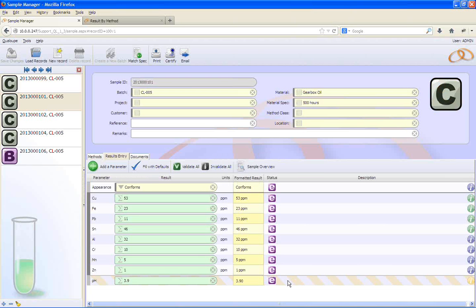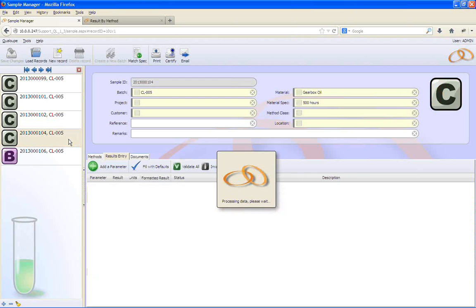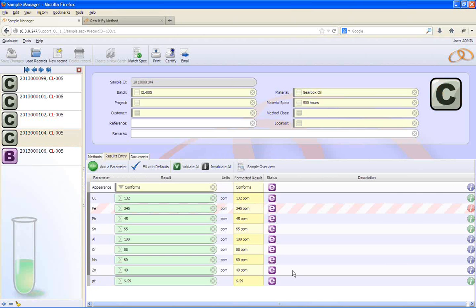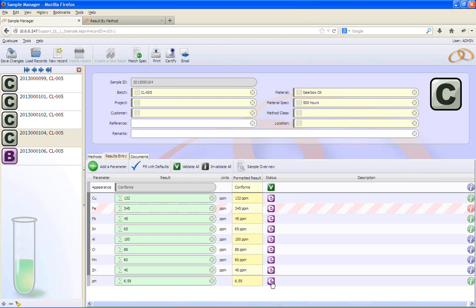Let's go and find another one. Okay, so let's find one with some fails on it. Here's one with some fails on it. Oh, that's already validated. Here we go. So I might decide, okay, I'm going to validate that method, so the appearance method and the pH method, but I notice there's a fail